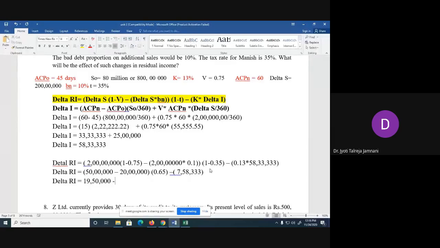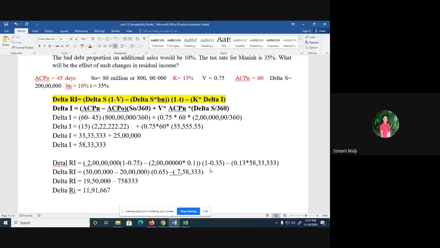minus 7,58,333 is 11 lakh 91,666.68. Delta RI is equal to 11 lakh 91,667. So here we can see that the impact on the residual income is positive because your delta RI value